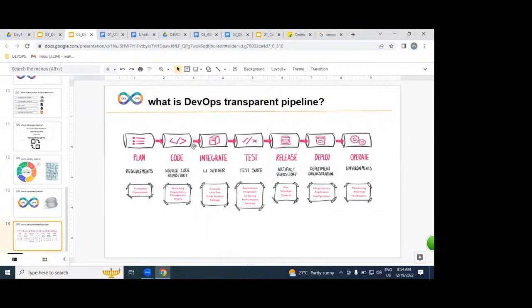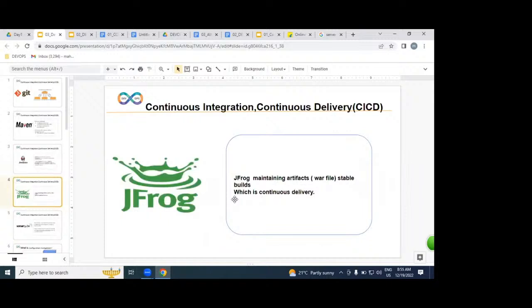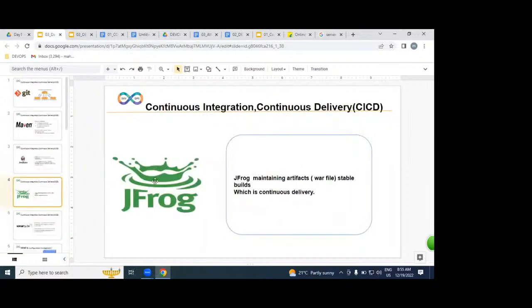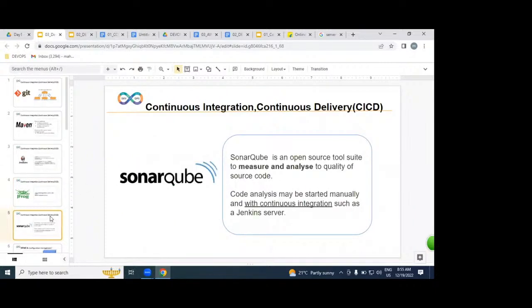Once it is automated, we hold our working software in a release. The release is nothing but JFrog. And we are going to learn SonarQube. What exactly is SonarQube? A code analyzer. It is an optional tool, but we are going to discuss it. By using SonarQube, it verifies whether developers are following standards or not, and gives statistics and reports.